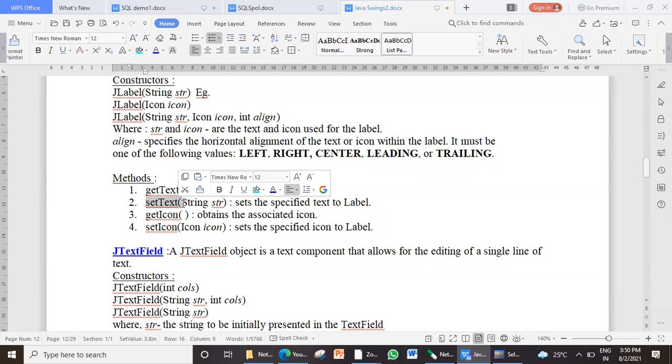Most of them, I said. Some of them may be exceptions, but remember these are the two very easy methods which are associated with every component. And if you write for all the components also, it deserves marks. So it is not wrong if you write for every component, get text and set text.